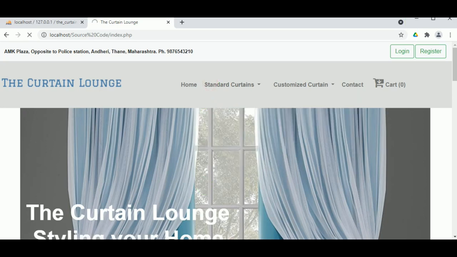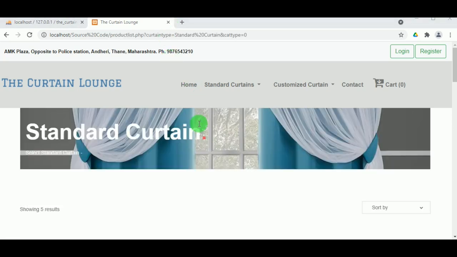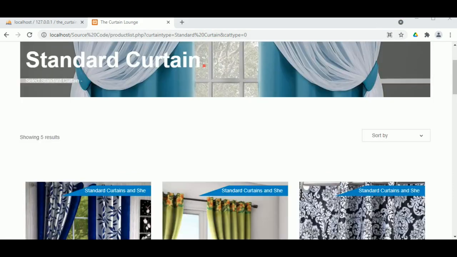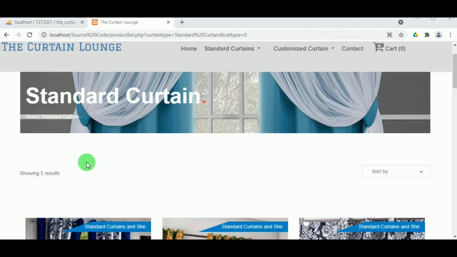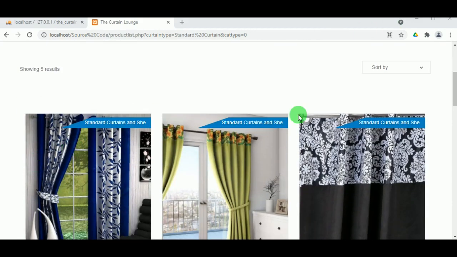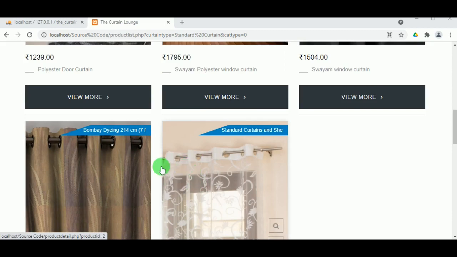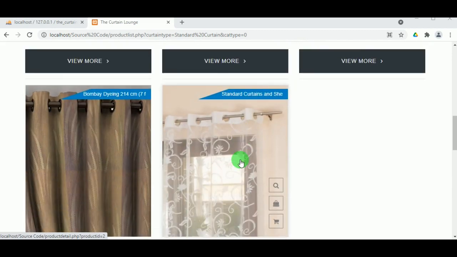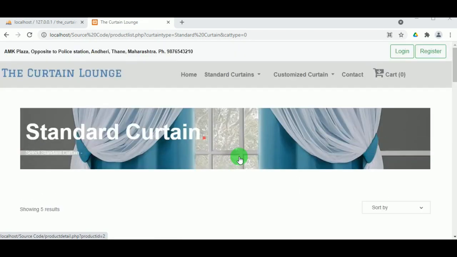Now I clicked on all, so it will display all the standard curtains available. You can see 5 results. There are 5 standard types of curtains, and on clicking on them we can view them.